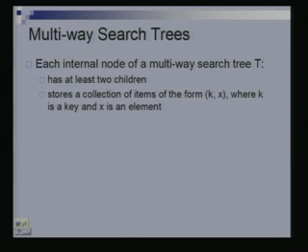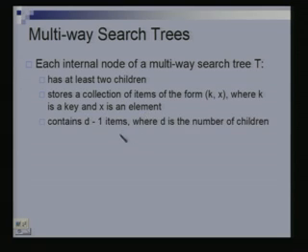In a similar way, in a multi-way search tree, each node contains pairs of this kind, key and element, and there could be more than one. In a binary search tree, there is only one such pair in each node, and in a multi-way search tree, there could be more than one.